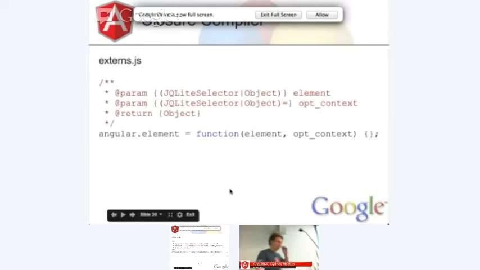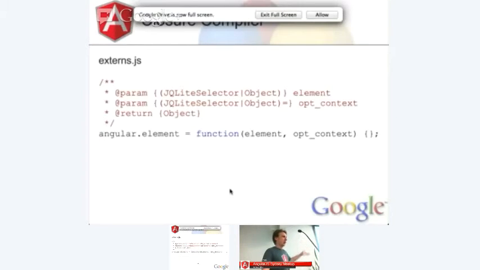Externs is a little bit more complicated. And there's one major reason why I want to talk about this, because I don't think it's well known. So externs are easy enough if you just say, I want to call a method called Angular.element. They're much harder if you want to say, I want to call a method called Angular.element, and these are the objects I want to type check it for. So Closure uses a JSDoc type declaration thing, similar to JavaDoc if you've ever used JavaDoc, except Java obviously defines the types itself in the language.